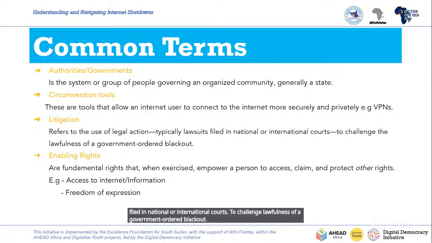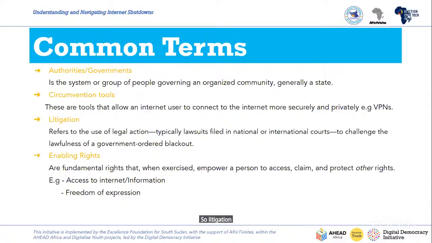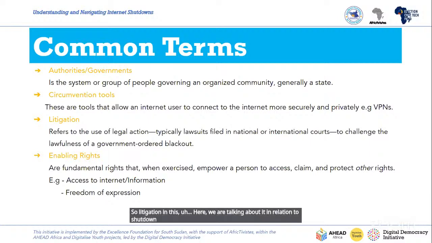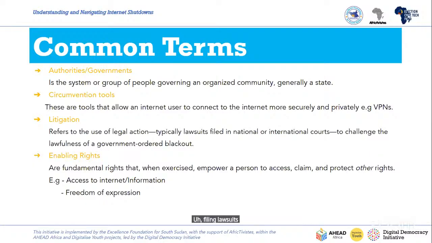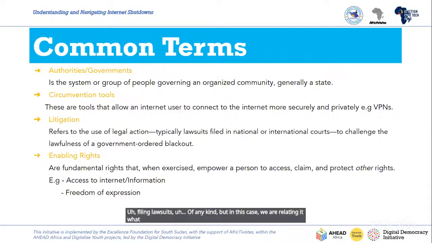Here we are talking about it in relation to shutdowns, but in general, litigation is just the process of filing lawsuits of any kind. But in this case, we are relating it to internet shutdown. So this is one of the terms that we normally use when talking about internet shutdowns.